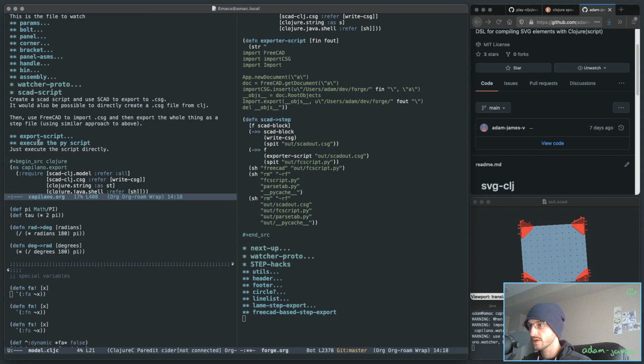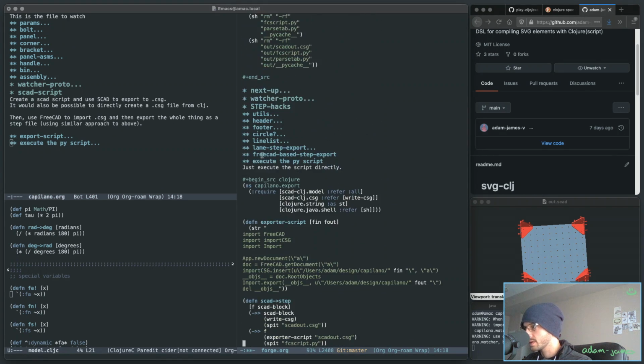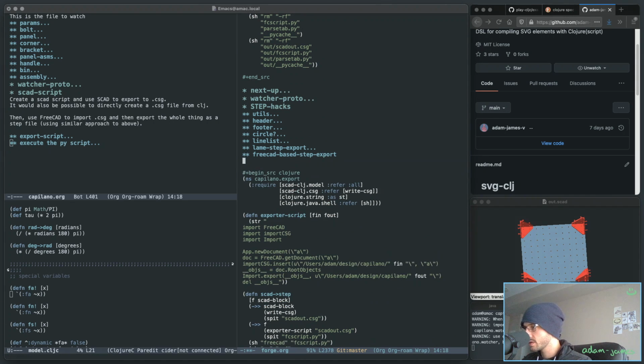Yeah. Okay, here we go. And instead of this title, we have here this. This is a working setup that can export step files from